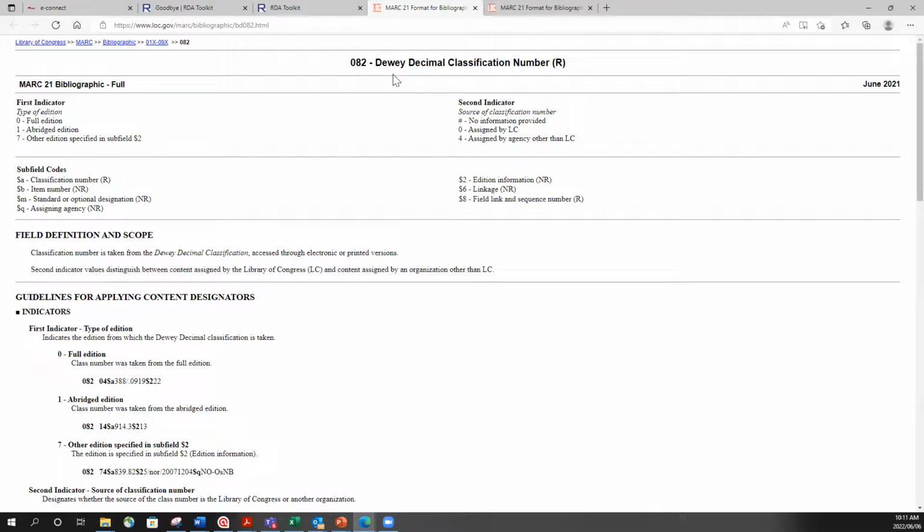Firstly, the Dewey Decimal Classification number has a first indicator and then a second indicator. First indicator, full edition. I've explained this to you, class. The first indicator will mean that, like in our case, we are always using the full edition of Dewey Decimal Classification. So we always tell our students to use 0 as the first indicator. The second indicator, in our case, we always use